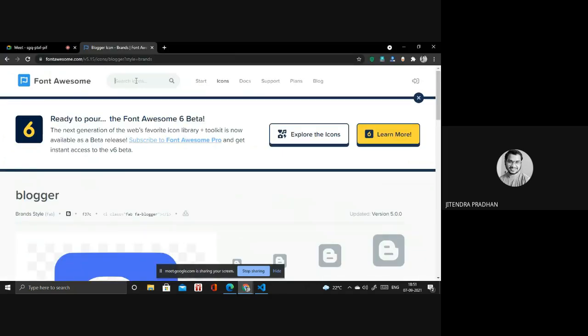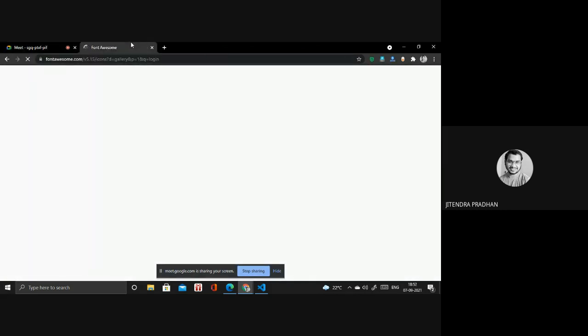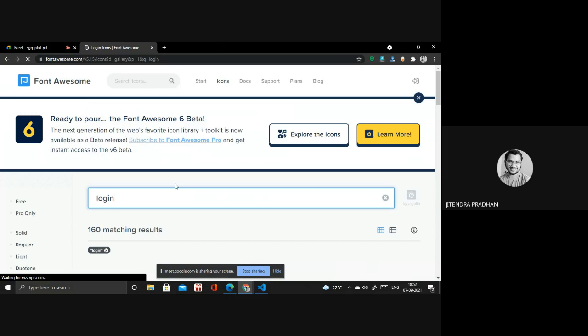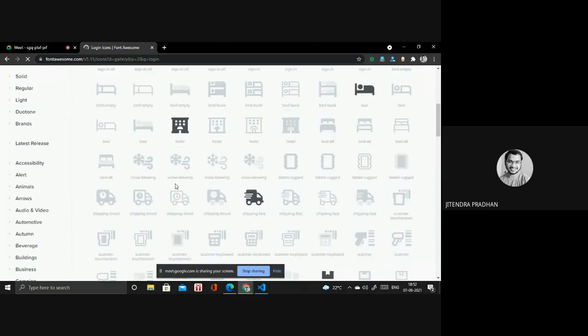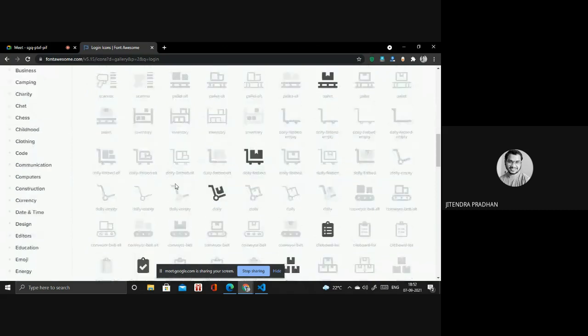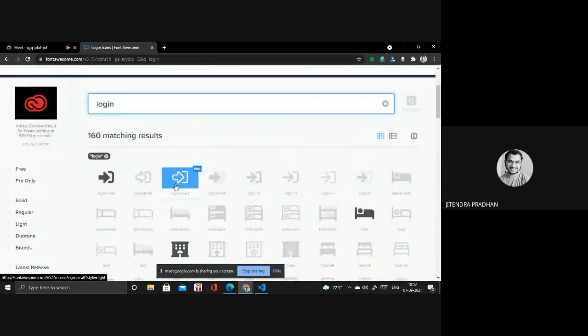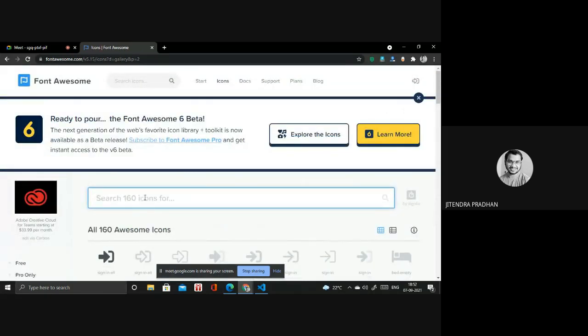Next, we need a login button and a register button, right? You have to search login. Sign off and all these things are coming, but I don't require that one. So if I search user, I will click user.